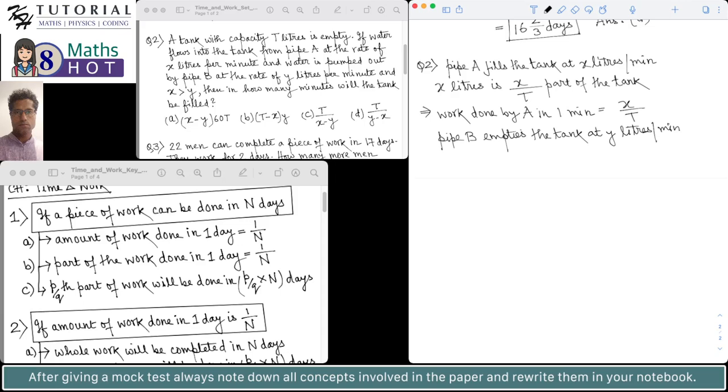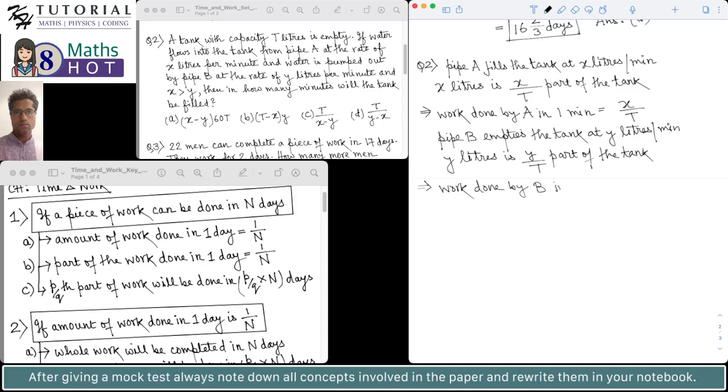So now y liters is y by t part of the tank. So this implies that work done by B